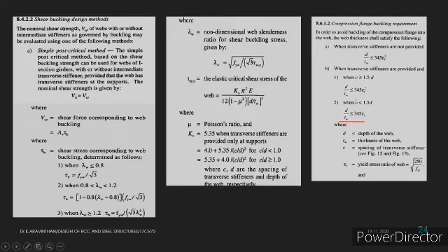So when C is lesser than 1.5 times D, so what is 1.5 times D? Our D will be 1420, and if you multiply it will be more than 2000. Hence in between these two conditions we will be having the second condition. For this, the depth by thickness of the web should be lesser than 345 times epsilon of the flange. The epsilon of the flange is given here, that is root of 250 divided by Fy. The Fy is the yield strength, which is 250. If you divide this, you will be getting 1, root of 1 is 1.